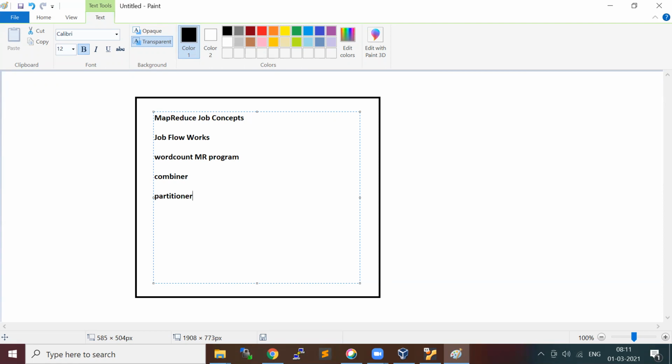If you have more than one reducer, the default hashing mechanism passes a set of key value pairs to one reducer and another set to another reducer. Once we cover most of the syllabus, I will also show you one example with a custom partitioner.